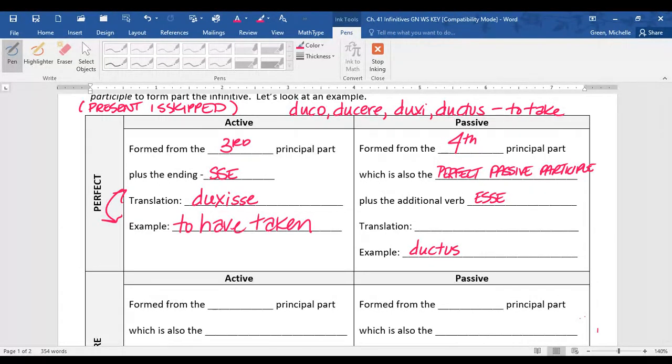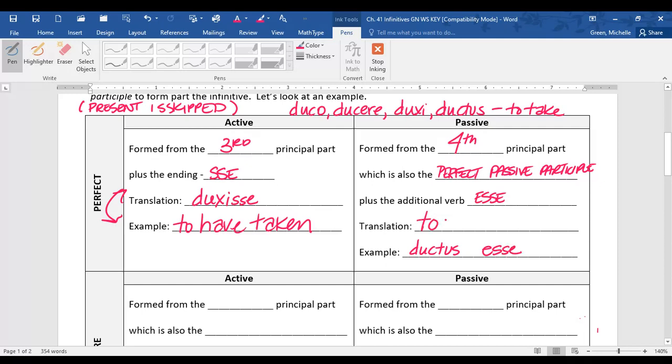A lot of textbooks will default to the masculine, or to even keep it simple, they'll actually default to the neuter, but that can get to be confusing. And then, of course, my brain always goes, well, why not the feminine? So I, by default, just always choose the first form in order, which is always the masculine singular. So our infinitive is two separate words, ductus esse, but because it's an infinitive, it's always going to start with